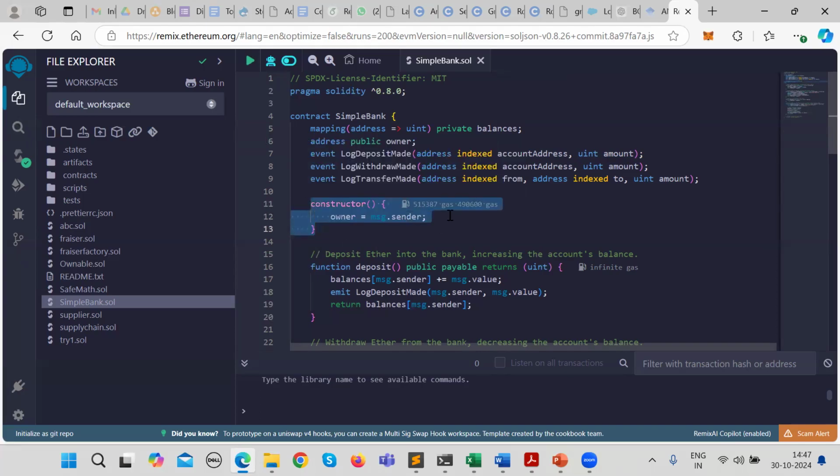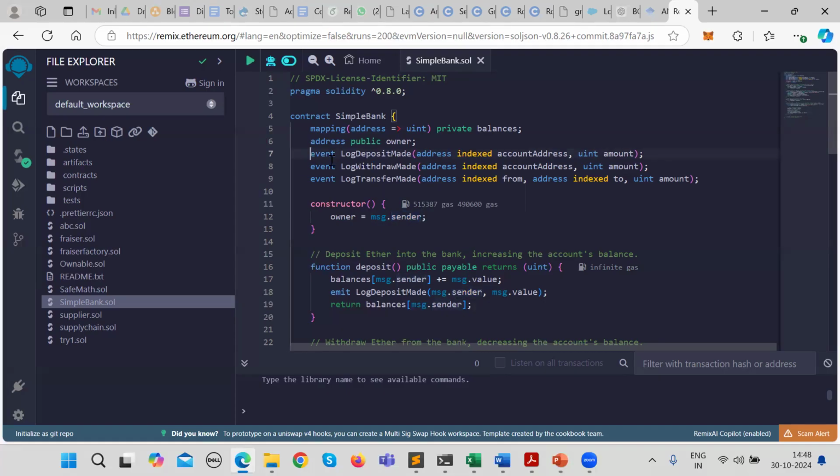Under this constructor, I am storing msg.sender. Msg is a global variable, and sender is a field in the transaction. I am fetching the address of the sender who is deploying this, and from the transaction itself, I am storing that address into the owner variable.